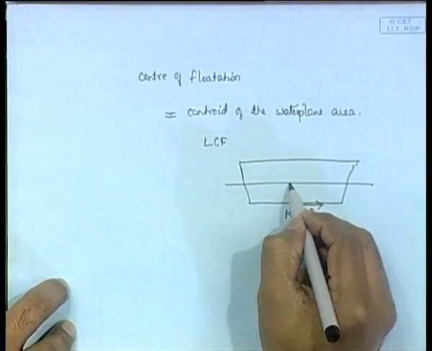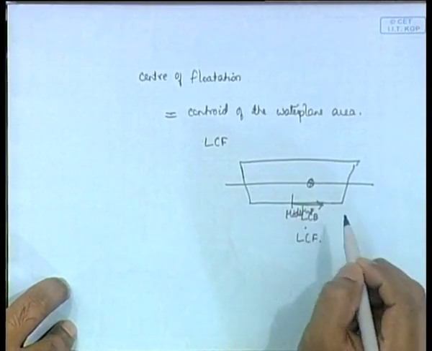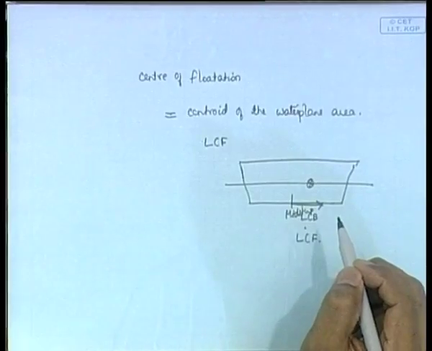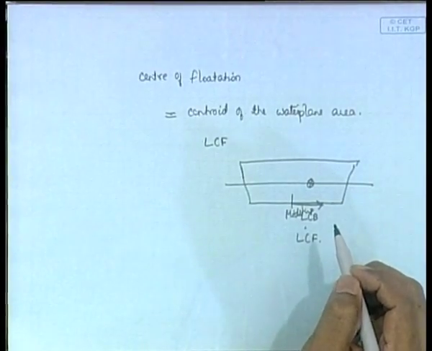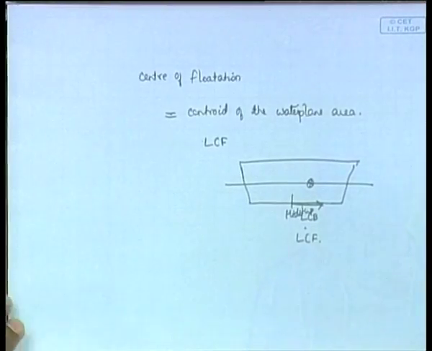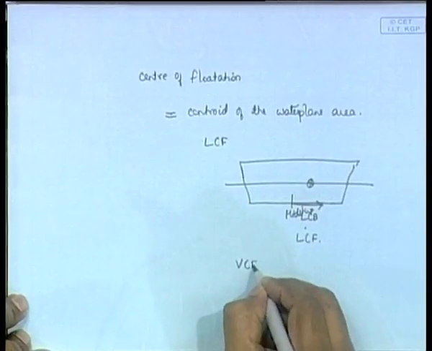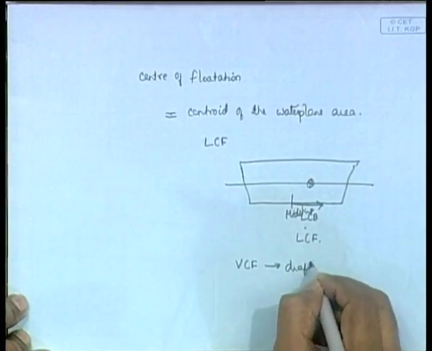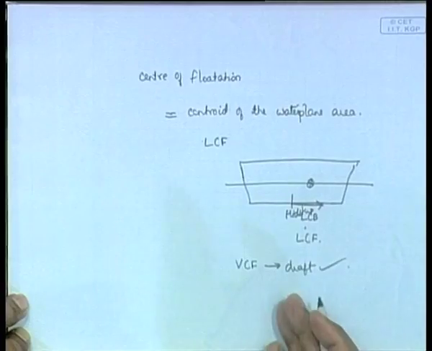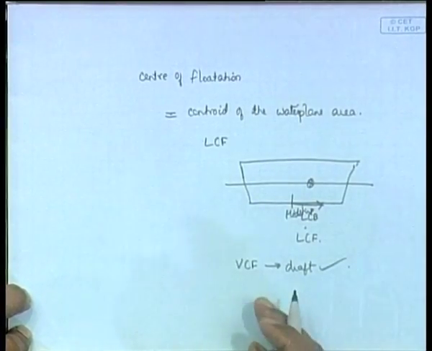It will be on this line somewhere here, it will be the centroid of this. It will always be on the draft water line, because what is the center of flotation again? It is the centroid of that water plane area, and the water plane area is always on the water line. So, the vertical coordinate of the center of flotation will always be equal to your draft. Is it clear? Yeah. You can easily see it if you know what the center of flotation is. It is the centroid of the water plane area, and